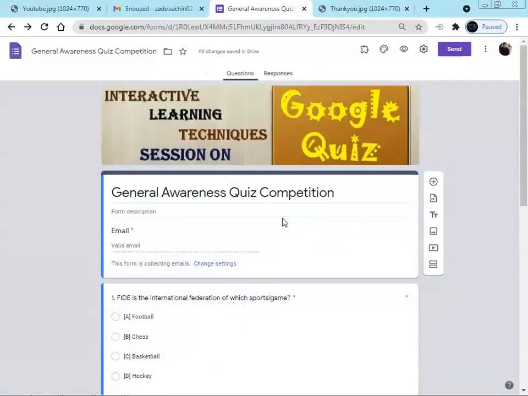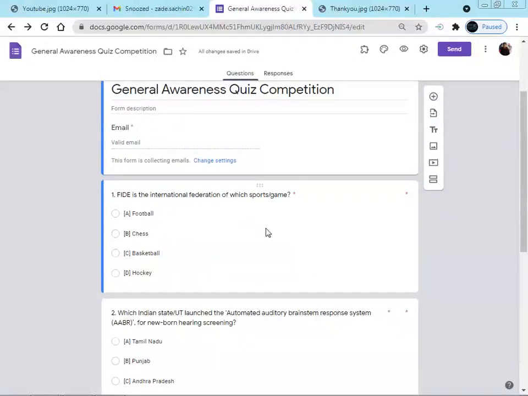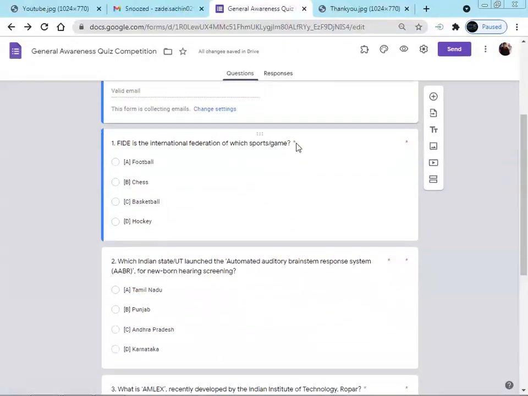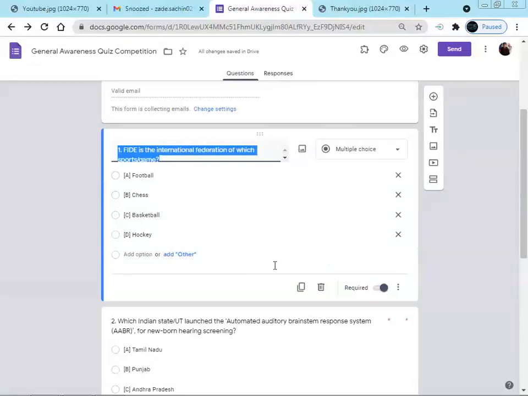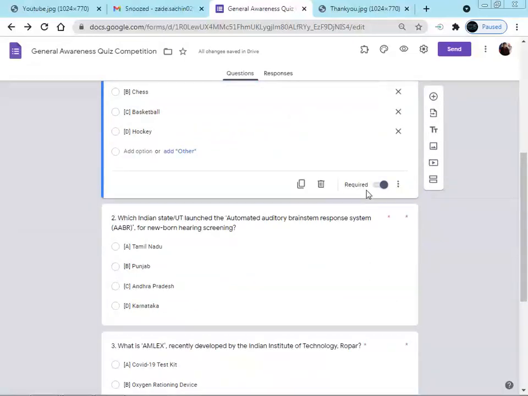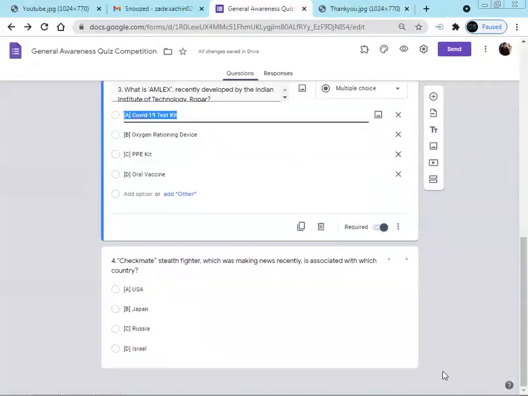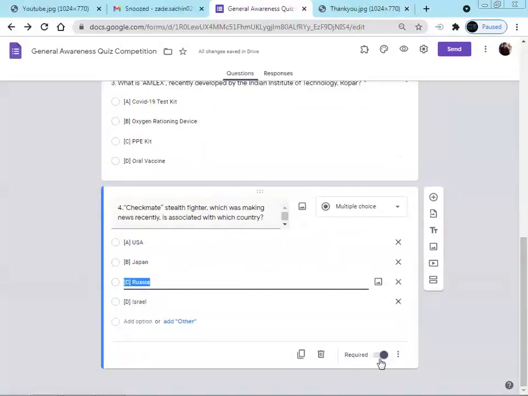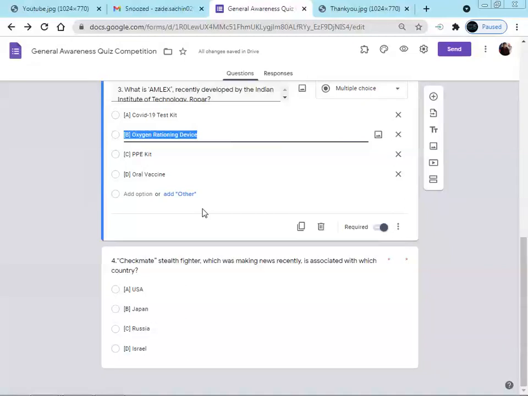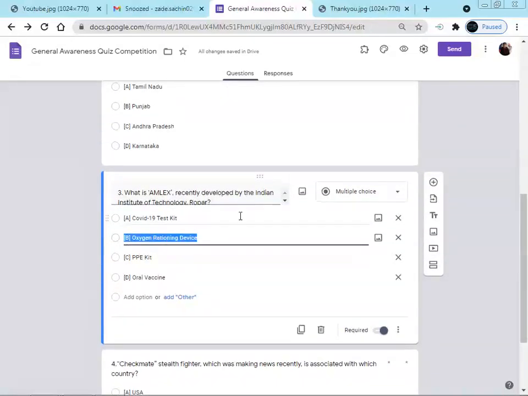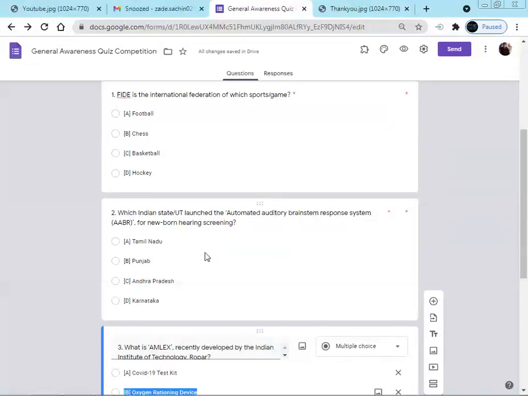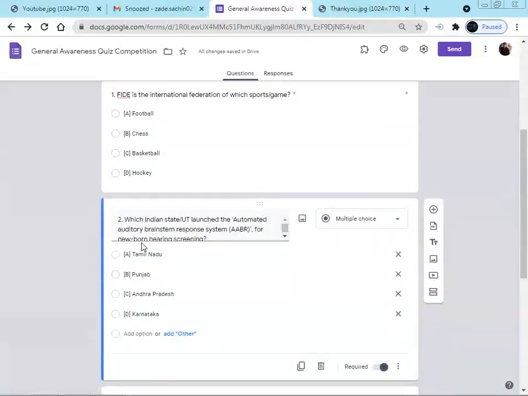This means that whatever questions you add here, all questions are mandatory. See, here we are getting the star mark, or we can see from this that required is automatically activated. For each question we get this required field activated, and for each question we get the marks, that is the 5 marks for each question which we had set.